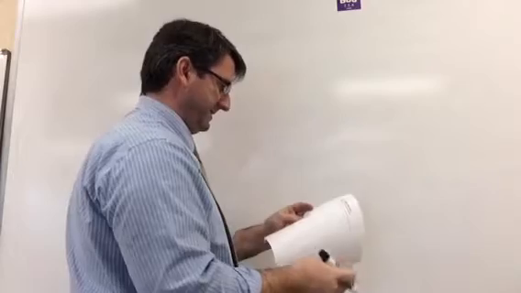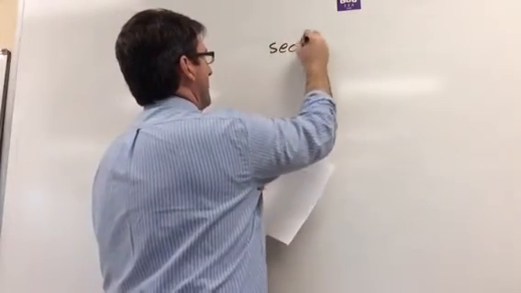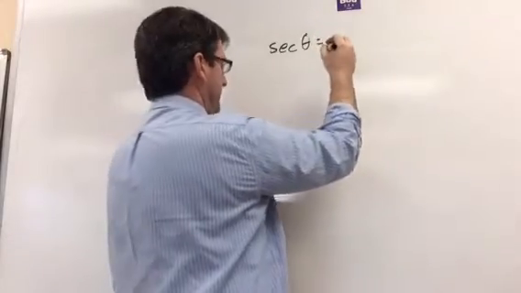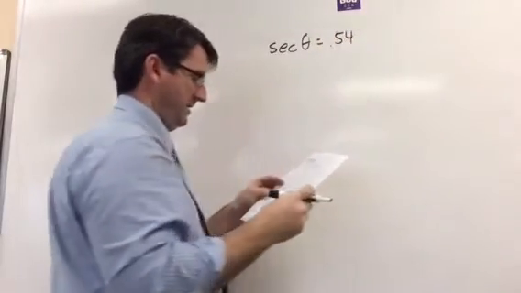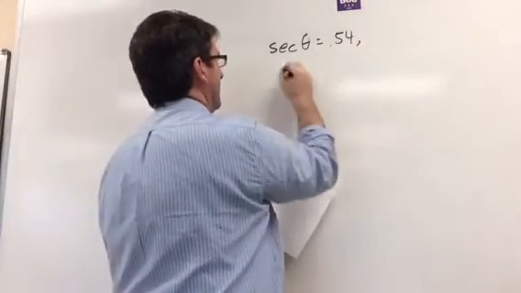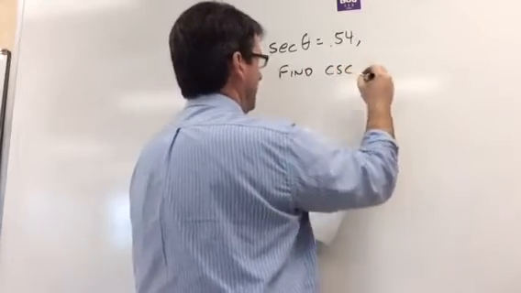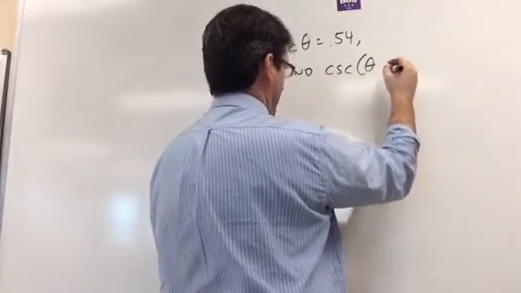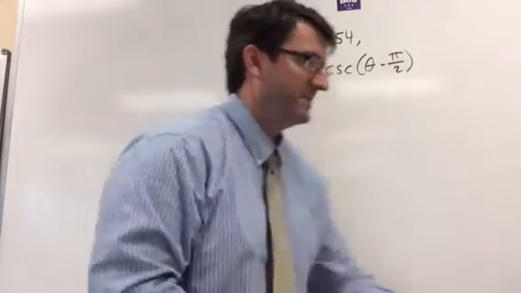Number 3 says if secant of theta is equal to 0.54, find the cosecant of theta minus pi over 2. Okay, so this is